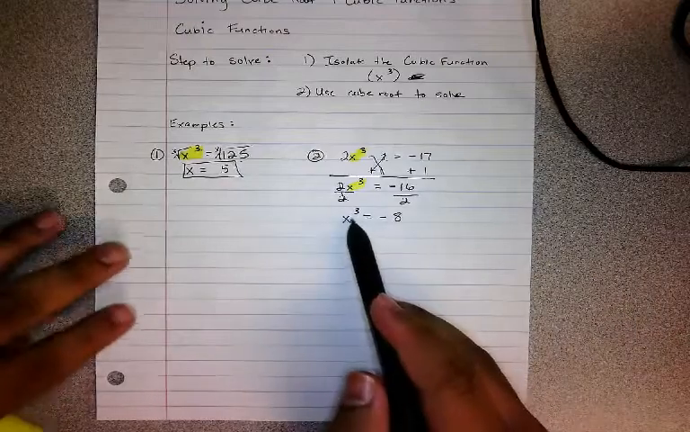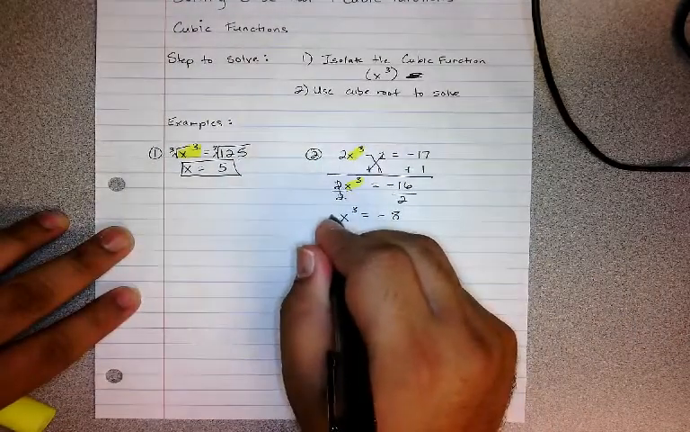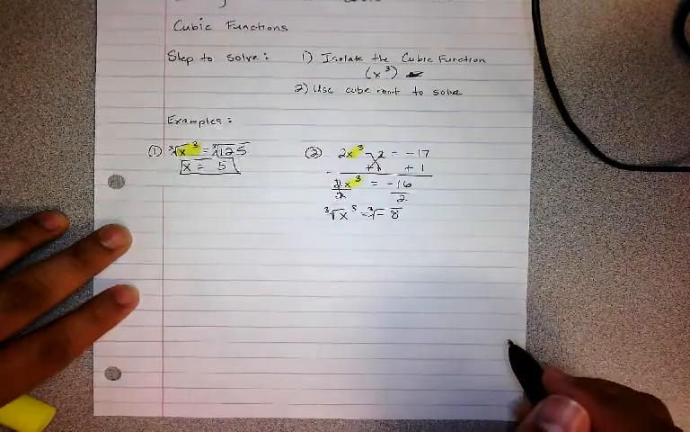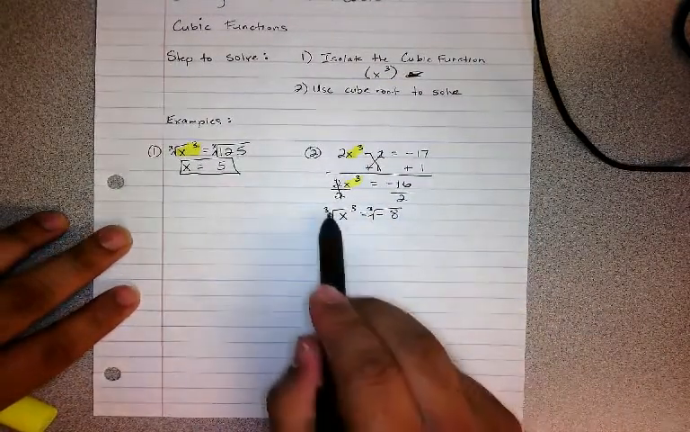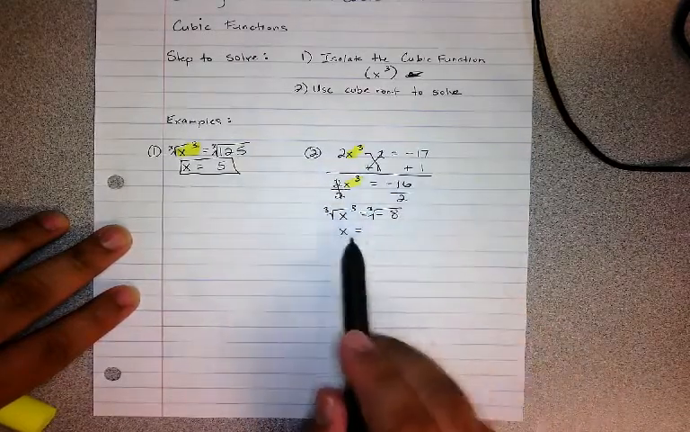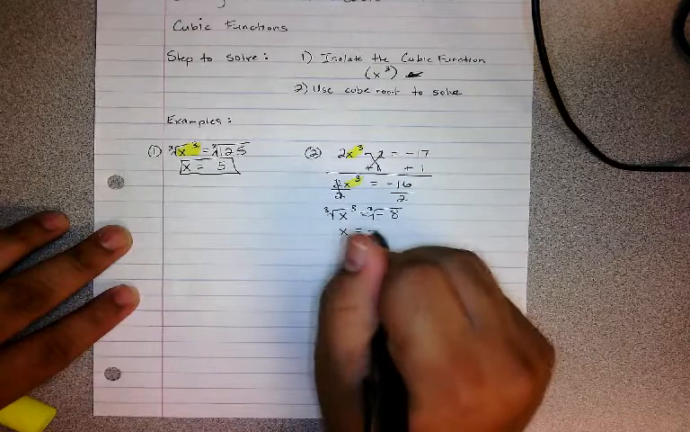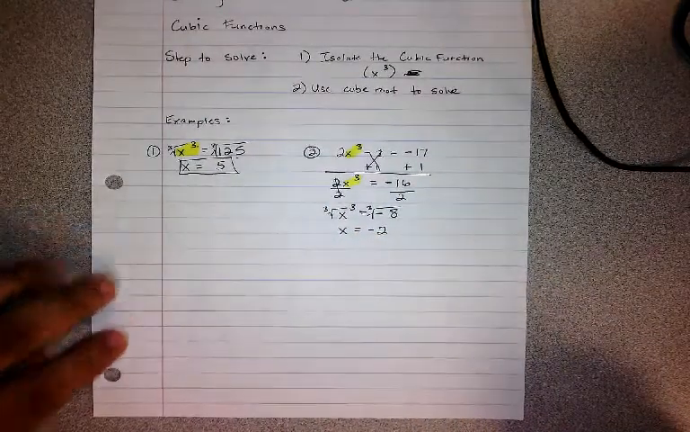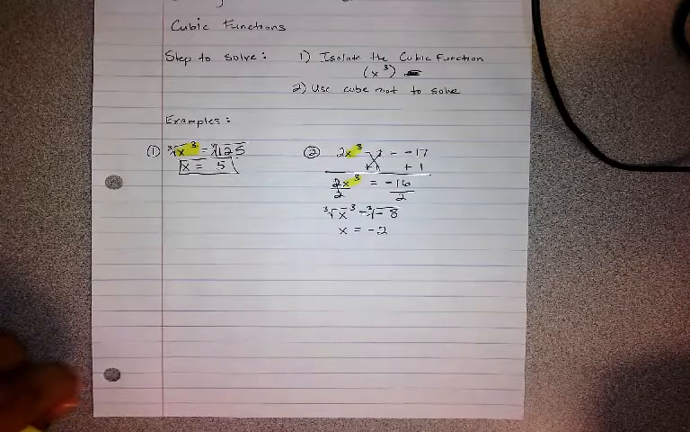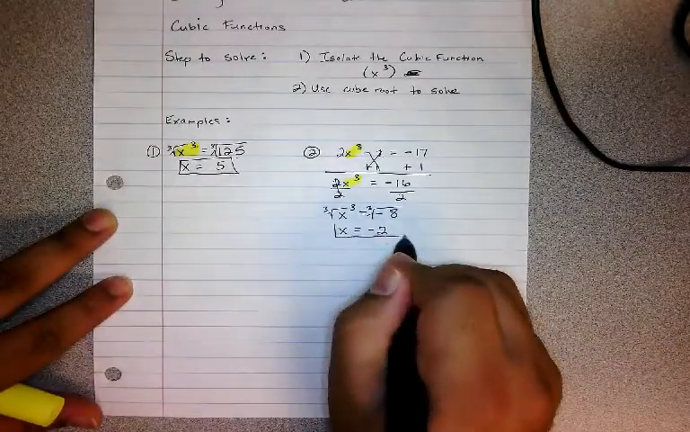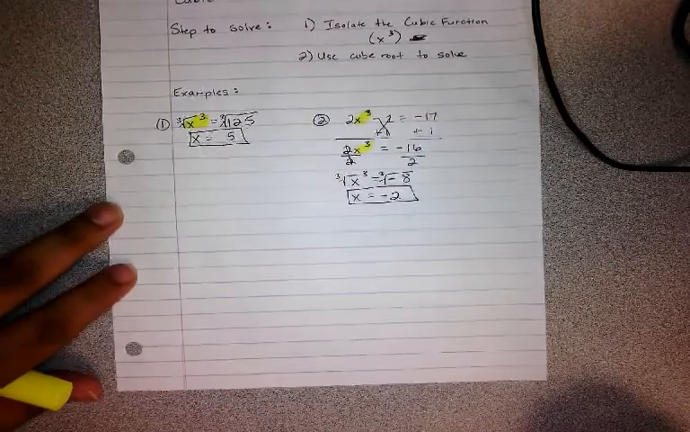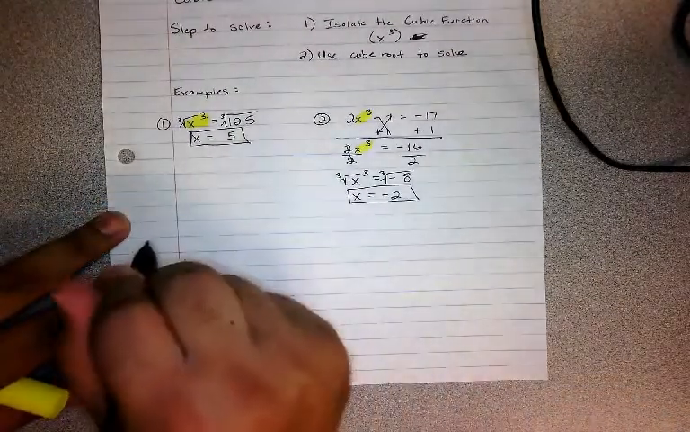Okay, and now it's by itself, so we just take the cube root of it. Cube root of both sides. That cancels out, so we're just left with x equals the cube root of negative 8, which is negative 2. And that'll be your answer for number 2. Okay. Number 3,